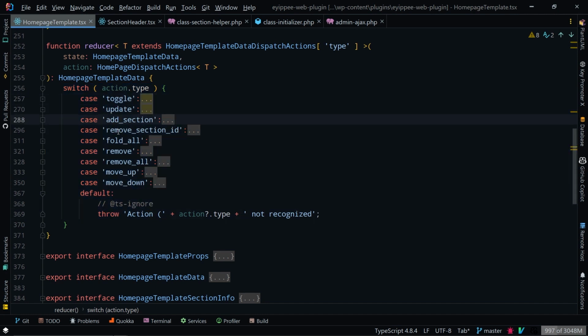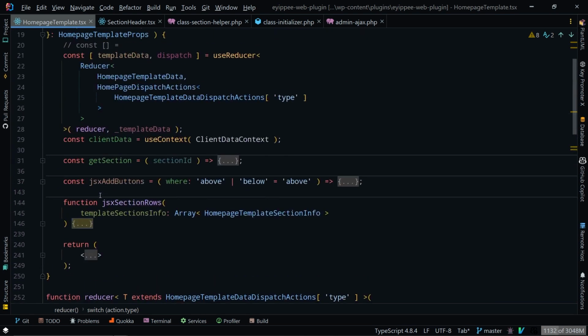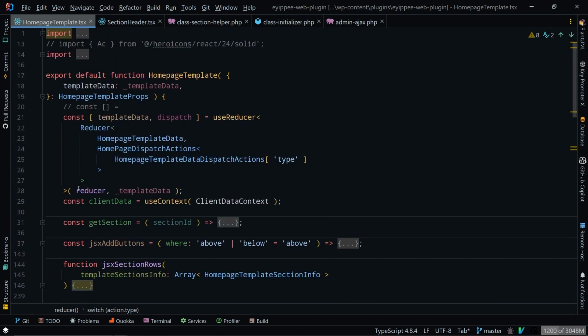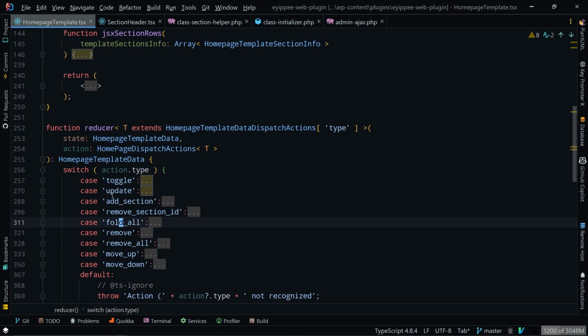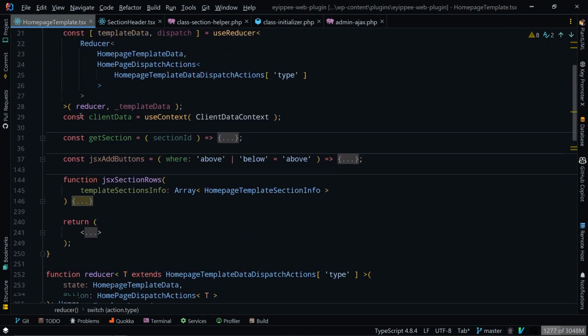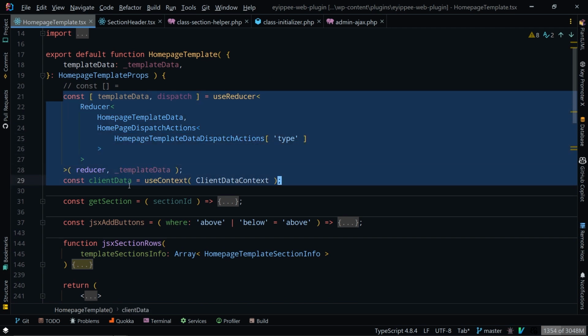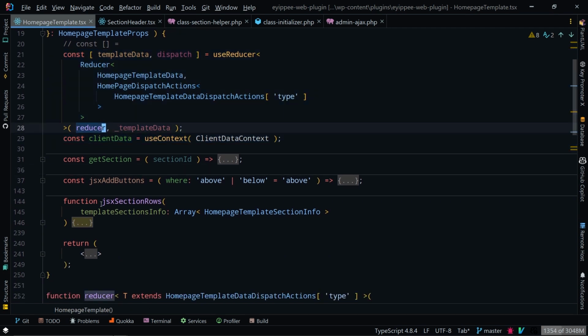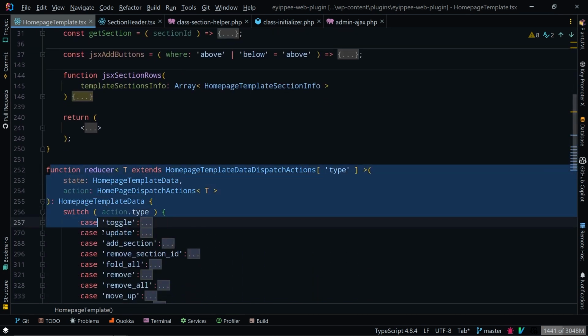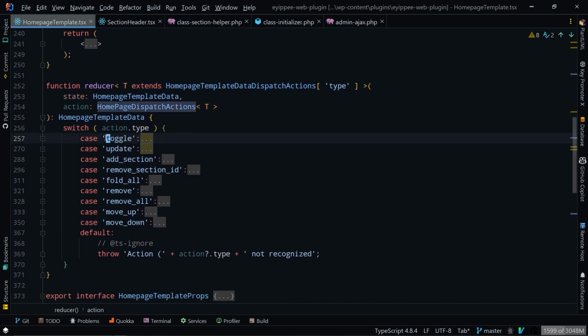Toggle, update, add section, remove section ID, fold all. Imagine if I was doing all of this inside this component. I will have lots and lots of functions, up to nine functions in here, and it will cluster this component. So by moving it to a reducer, I just create a function, accept an action, and then update